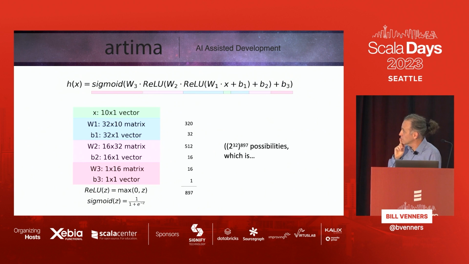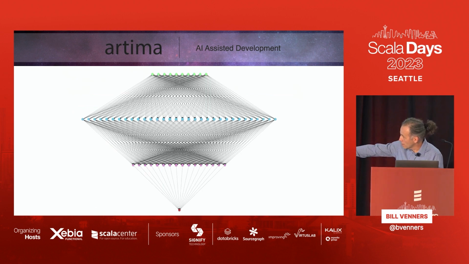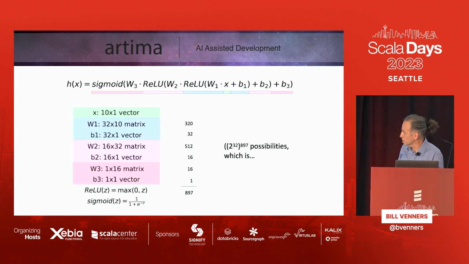And then I'm going to do the same kind of process for the next layer. You multiply by a matrix of weights of the right width and height, add a bias of the right length, and I get a 16 by 1 vector output for this layer. And that's what I feed into the next one. It's the same kind of thing for that. It's getting smaller though. But what it comes out with at the end is a different activation function. Sigmoid is going to give me a probability from 0.0 to 1.0. So what I want to train the neural network to do is, if it's a palindromic number, it'll be very close to 1.0. And if it thinks it isn't a palindromic number, it'll be very close to 0.